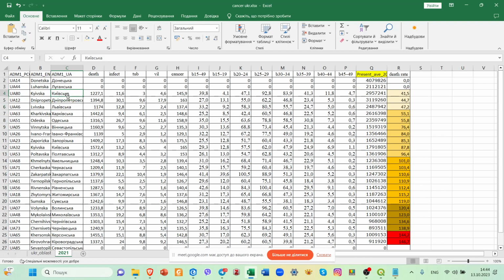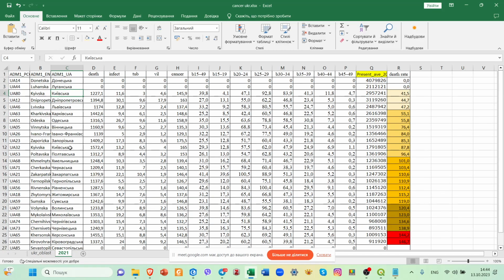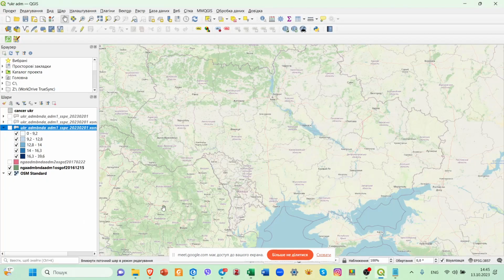It's Kiev region, city of Kiev, Dnipro district and Lviv district. So now we have the information about death rate, and then we can also calculate this data in